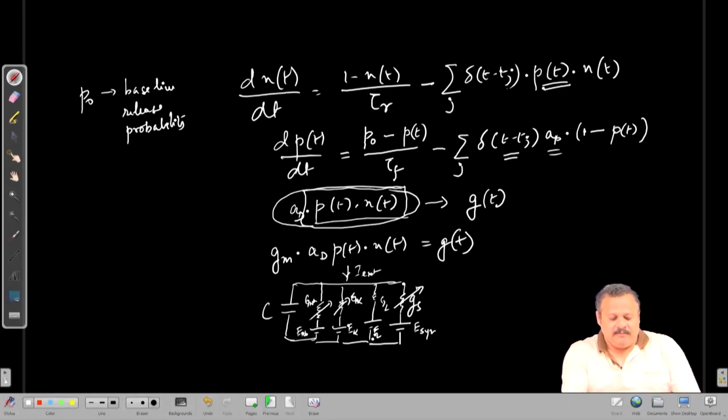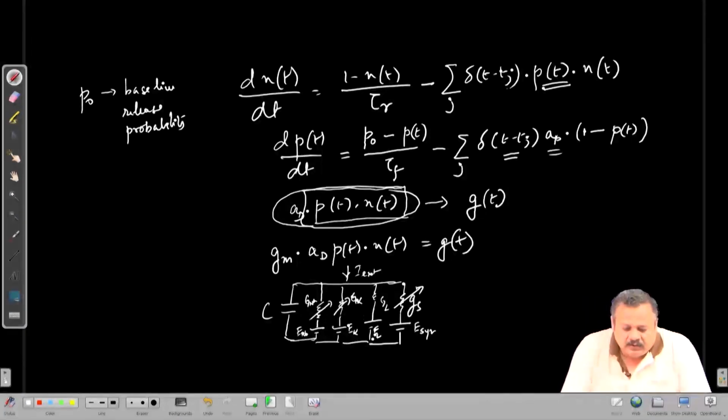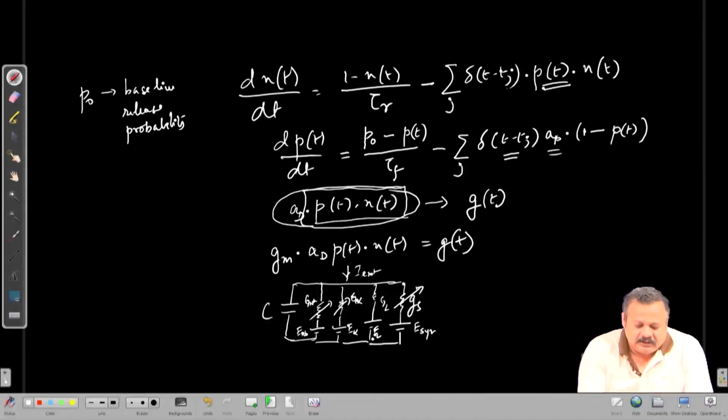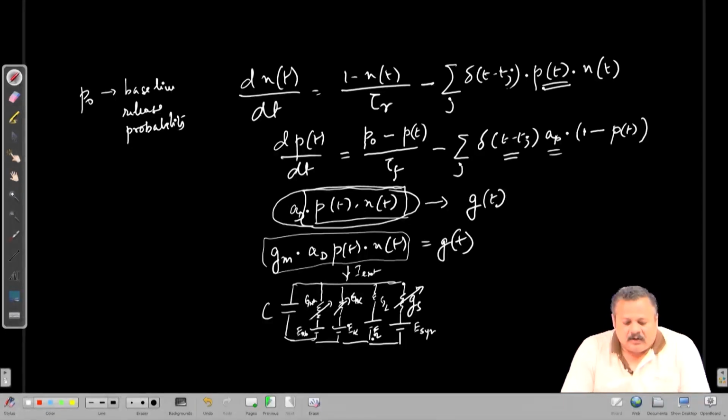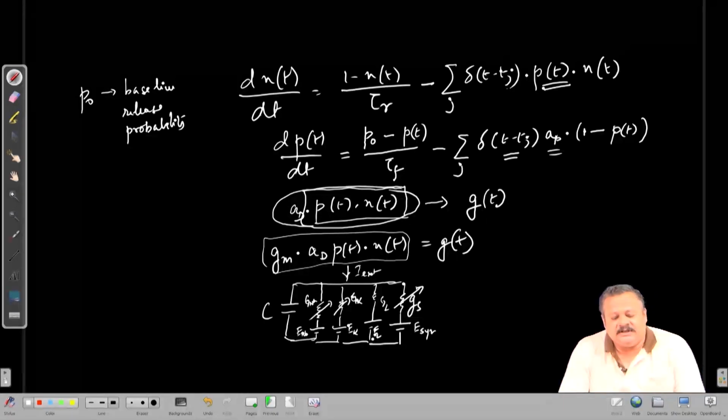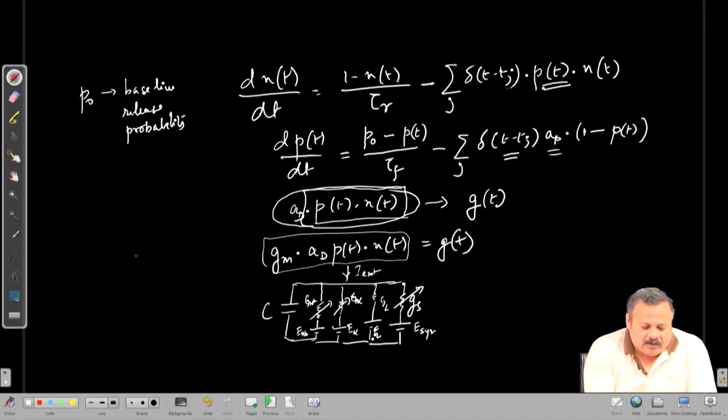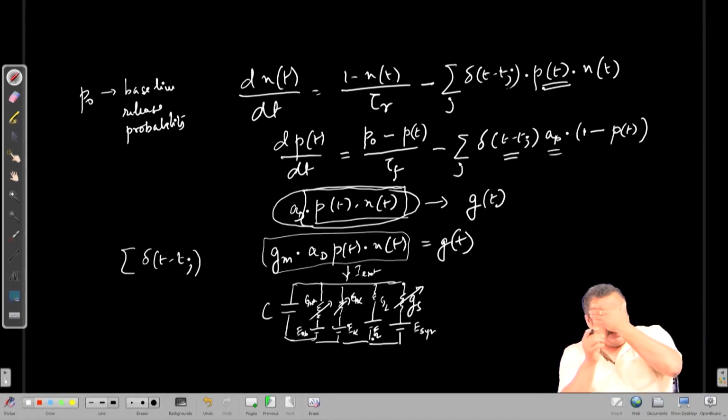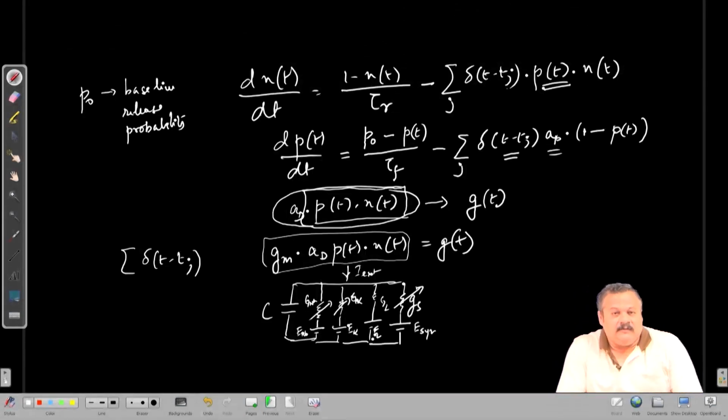In other words, if we make the conductance equal to this term here that we have put, and accordingly put in PT and NT and drive the system now with our summation delta T minus Tj with a finite width, I wouldn't want you to confuse this delta T minus Tj with a Dirac delta function, but just a very narrow pulse. So now with this we have connected what we had learned